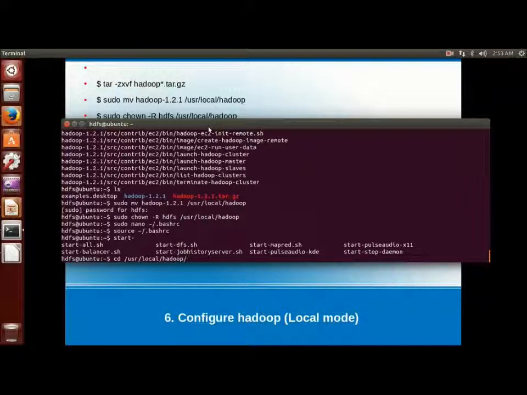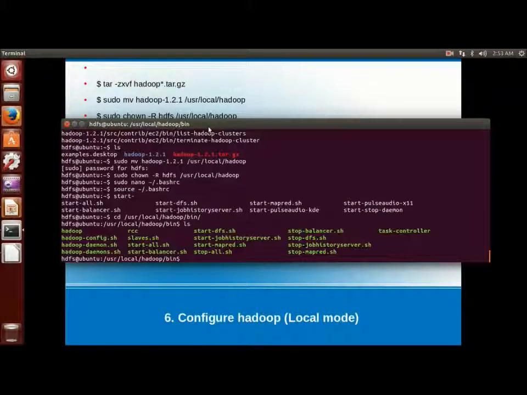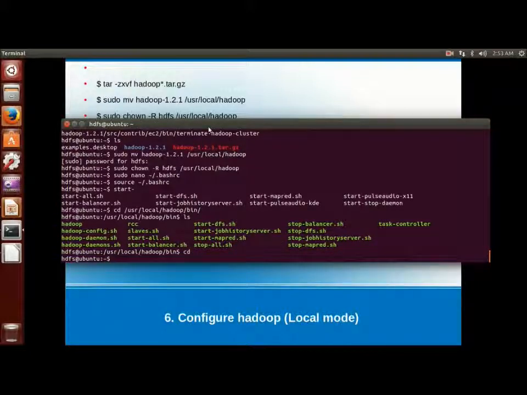No need to go to the Hadoop bin directory. See, there are multiple sh files available under the bin directory. All these commands or scripts will be available from any location of the VM.